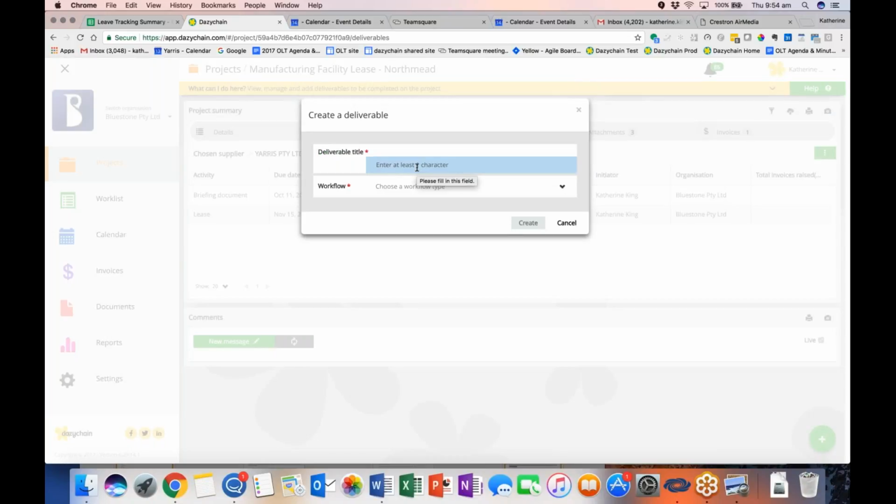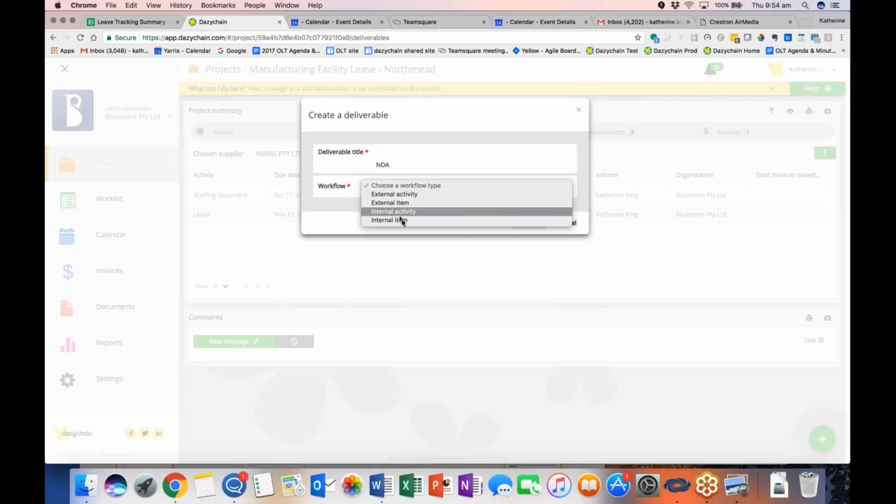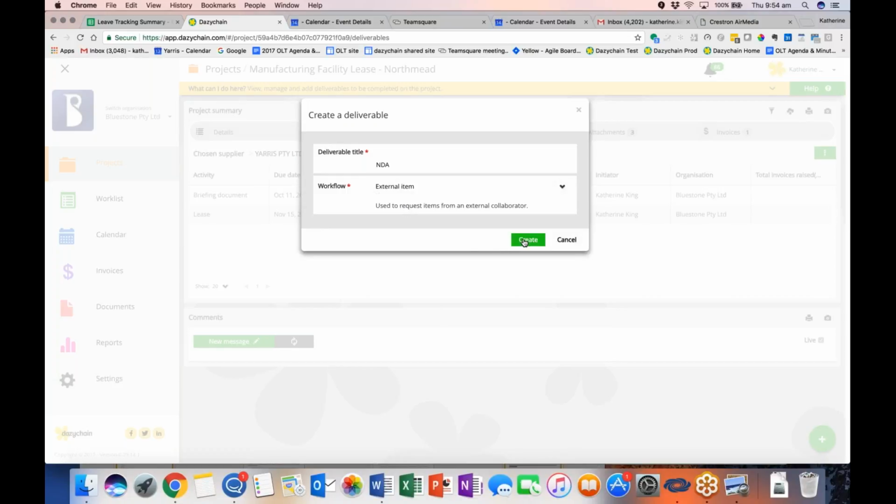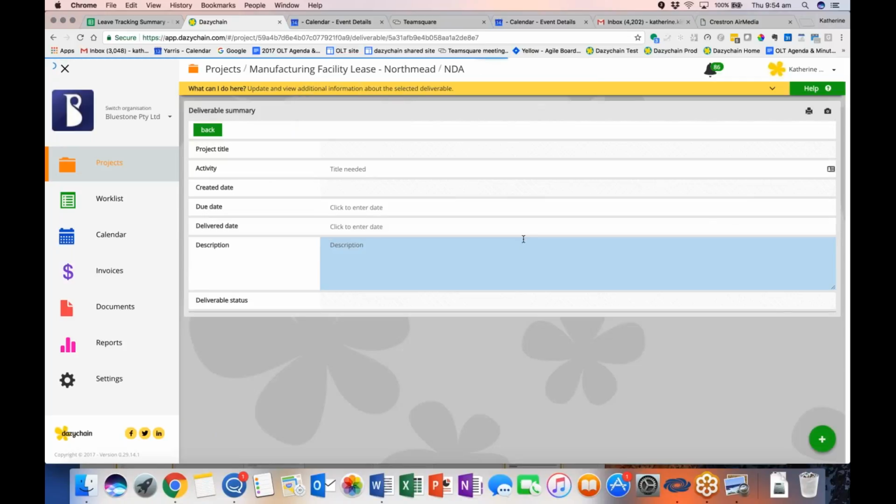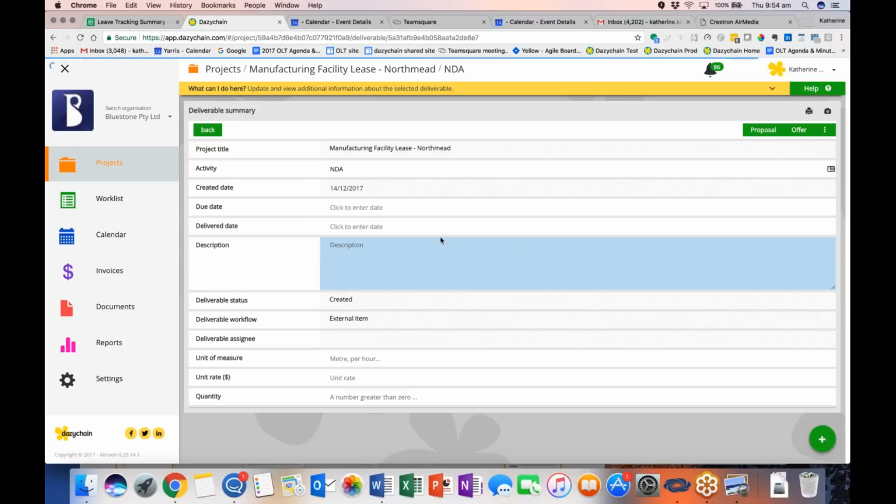You give it a title, and I'll say this is a non-disclosure agreement. I'll choose a workflow type. It's an internal. These also can have workflows on them. Right now I don't have workflows on these, but I'll show you an example of that. An internal item, I'm going to create it. And when I'm here, it sets up this deliverable,